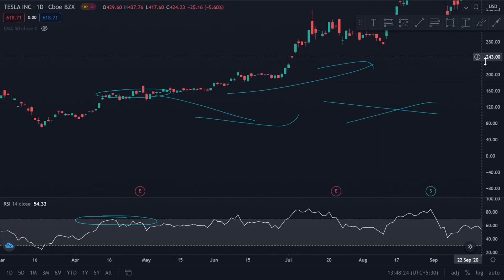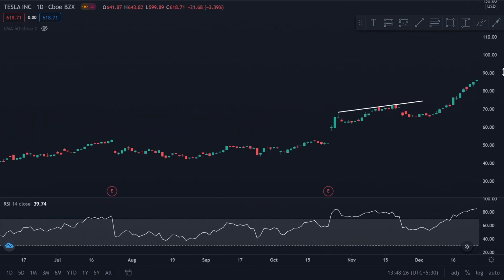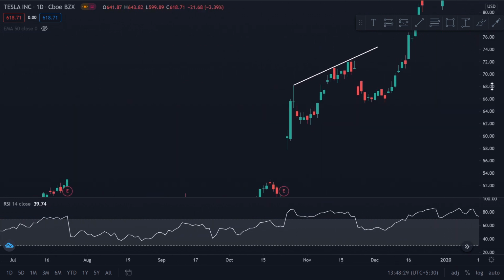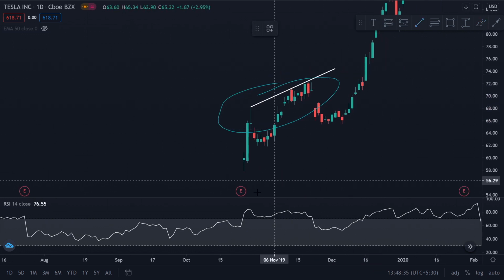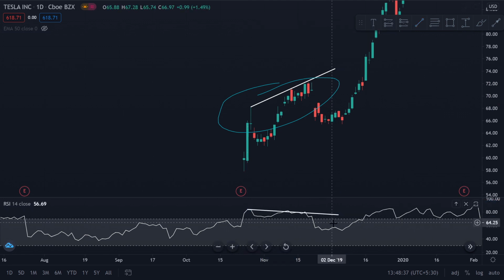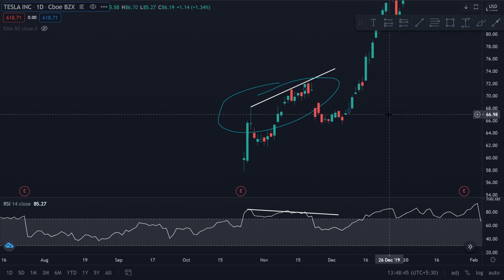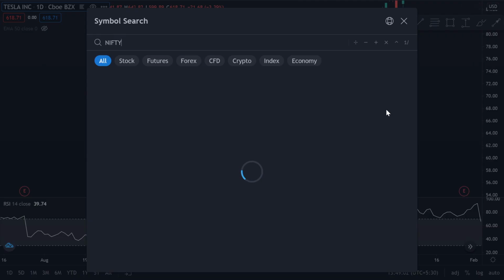Another example right here, Tesla, another higher high formed. Now if I observe the RSI in these similar areas, RSI is coming down, so I can say the momentum is weakening from here to here, and then you can see the fall from here right up till here, another 7 to 8% fall. Now this was Tesla. Tesla would not be the best example for bearish divergence, obviously, because it's a high momentum stock. Now let's just look at Nifty. Why not?